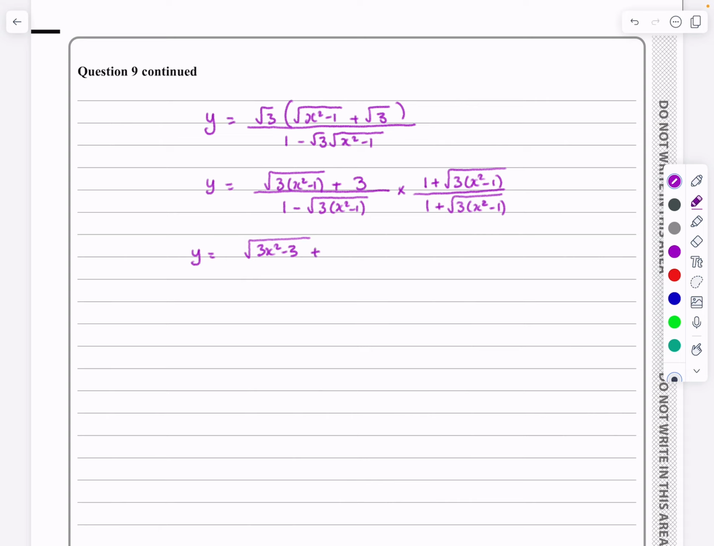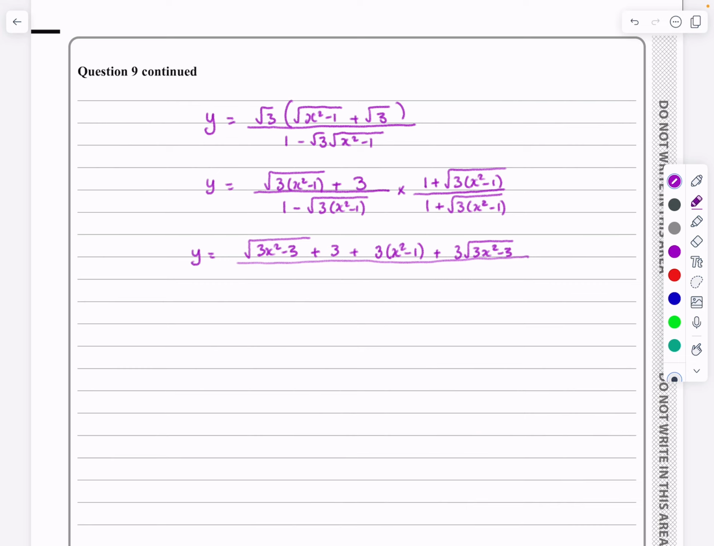Plus 1 times 3, it's 3, plus root 3x squared minus 1 times root 3x squared minus 1 is going to give us 3 lots of x squared minus 1, plus 3 times root 3x squared minus 1 is going to give me 3 root 3x squared minus 1. Well, as I say, I'm going to keep calling that 3x squared minus 3 now, all over,